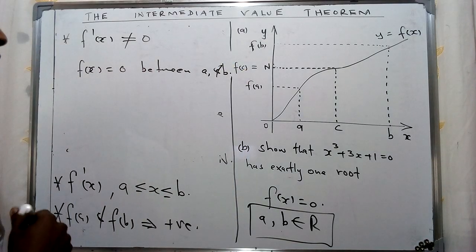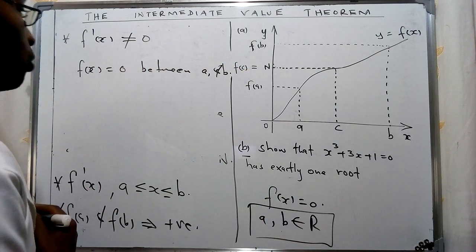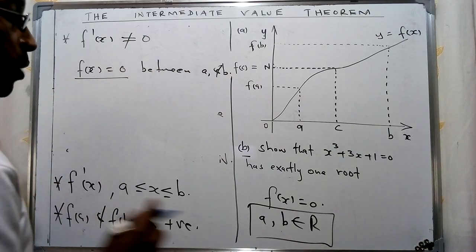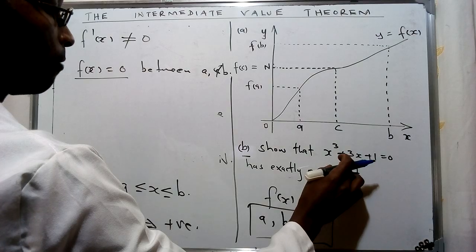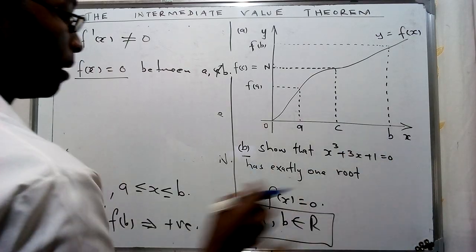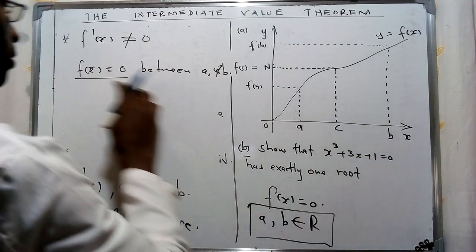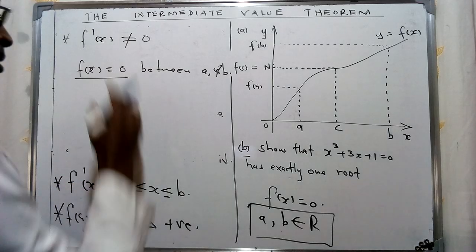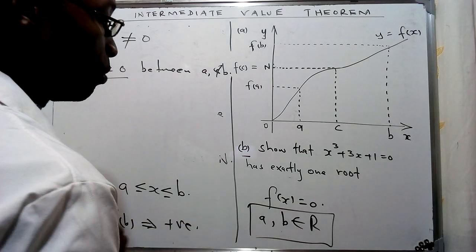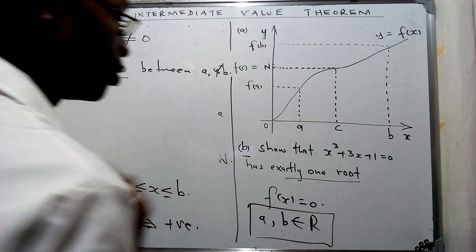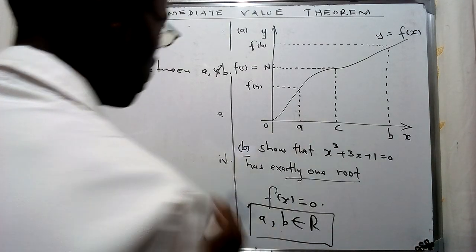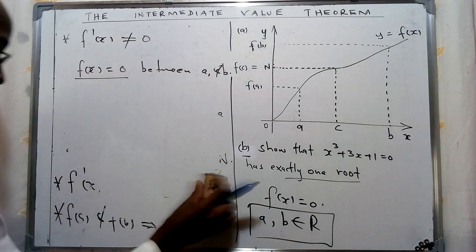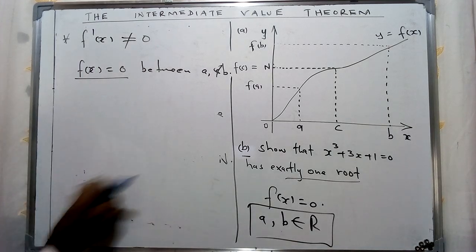And therefore we can consider the case whereby we're going to equate this specific function to 0. Then we're going to see how we can show that we have exactly one root between the two values. Now, in a sense, we're going to do an evaluation of this specific equation,